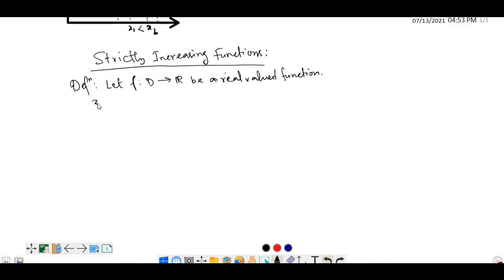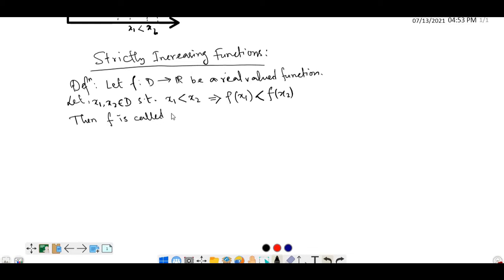And suppose we are taking x1 and x2 belongs to D such that x1 is less than x2, and this implies that f of x1 is strictly less than f of x2. If this happens, then we can say that the function is a strictly increasing function. So we'll write then f is called a strictly